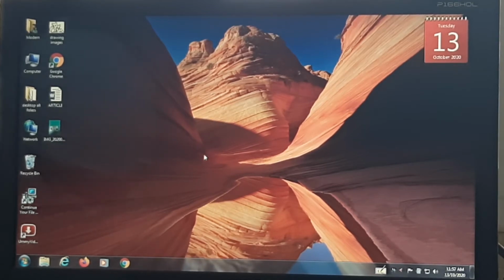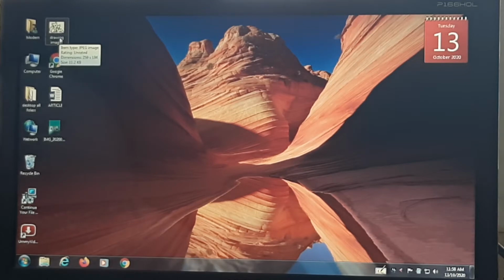Okay, so you must be seeing the various things such as files, folders, then clock, then calendar. You see here, these are the small pictures you see on the desktop. These pictures we call the icons.